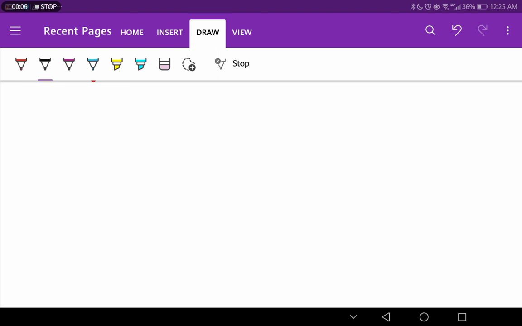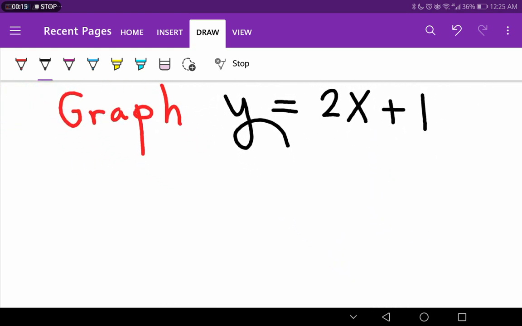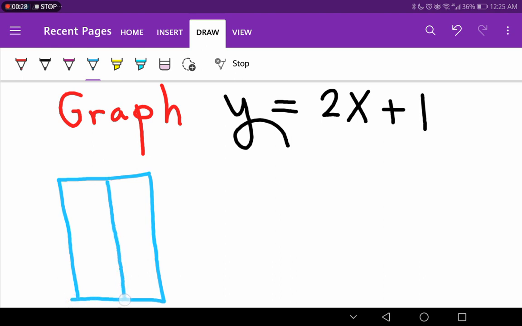Our mission today is to make a fast revision for my dear students. Let us revise how to graph an equation. As we learned before, my dear students, the first step to graph any equation is to draw what? A table. We cut it in half and we cut it into 4 rows, and here x and here y,